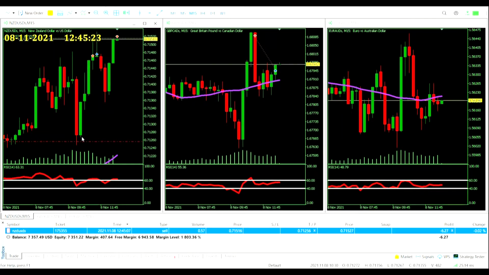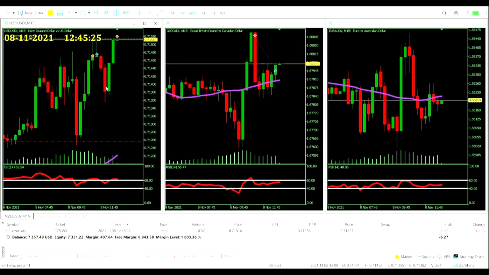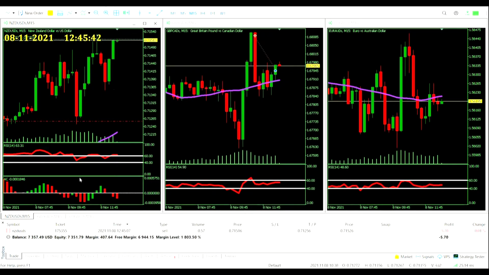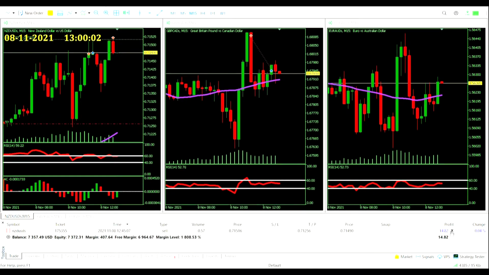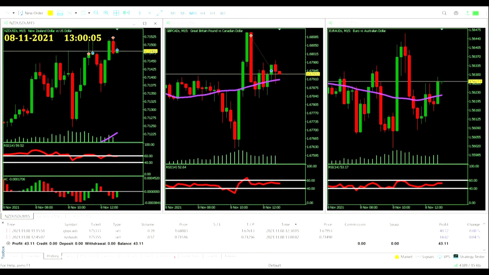Not sure how this one's going to go. We have seen a higher low come in this, so it wouldn't be too surprising if a retracement is on the move. And it is one again where the accelerator oscillator is giving us some problems, still below zero itself at the moment. So it could just be a bit of a coin flip on the direction that this goes this period. Does look like we are going to be closing this trade off. 5 seconds time, the accelerator oscillator closing below zero, staying closed below zero at least, and it's going to be a win for us as we shut that off